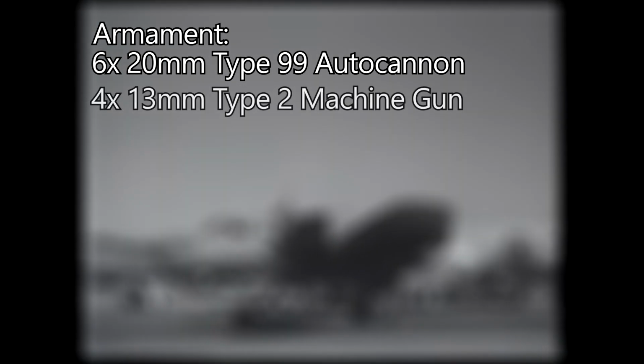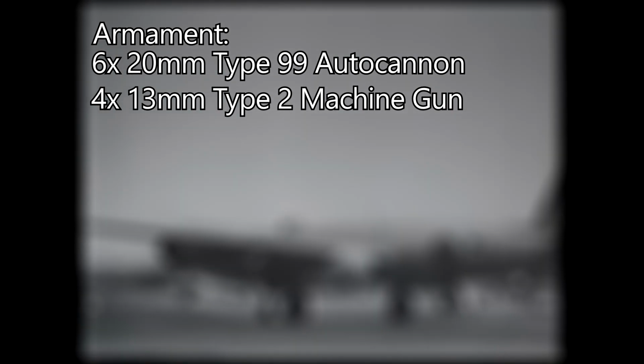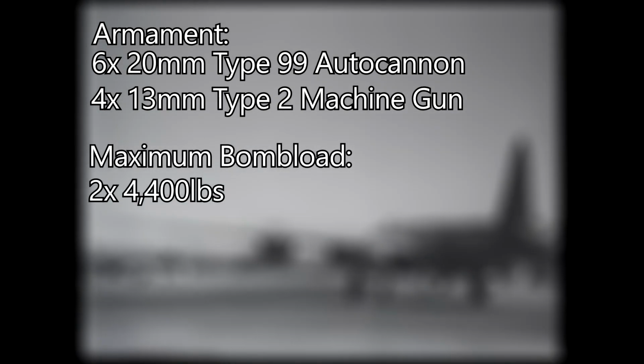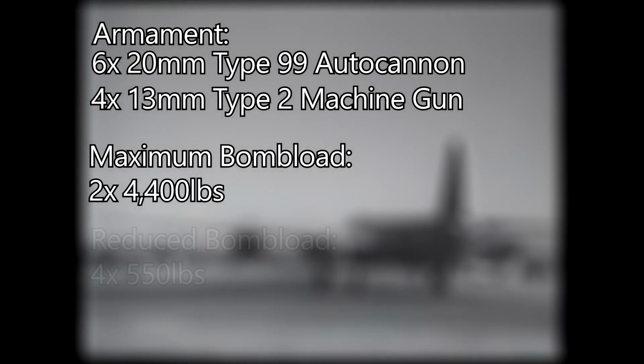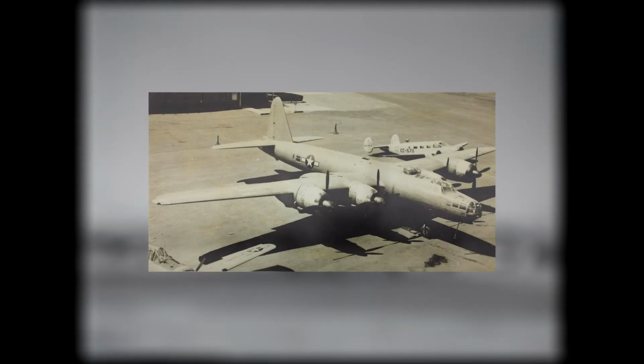Armament was no slouch either, being equipped with 6 20mm Type 99 autocannons, placed in pairs at the tail, dorsal, and ventral turrets. The G8N1 also implemented 4 13mm Type 2 machine guns, 2 located on either side of the fuselage, just aft of the wing roots, and the remaining 2 in the nose of the aircraft. Maximum bomb load was 2 4,400-pound bombs, with a reduced bomb load of 4 550-pound bombs, a remarkable arsenal despite